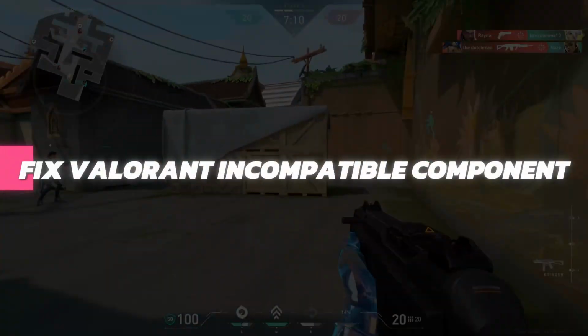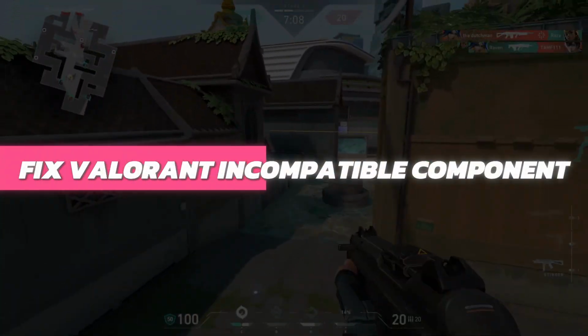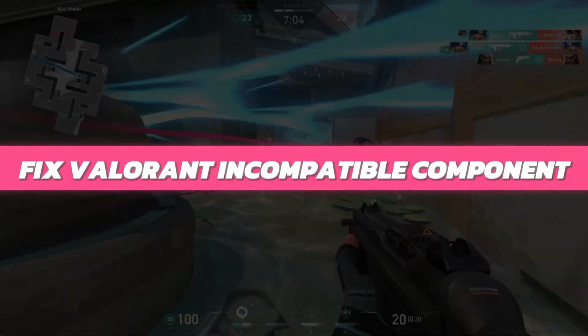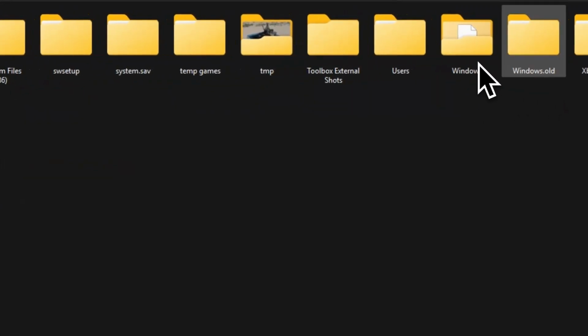Hey guys, in this video, I will show you how to fix Valorant incompatible software component detected. All right, let's begin. First, open the File Explorer, go to your C drive, then open the Windows folder and